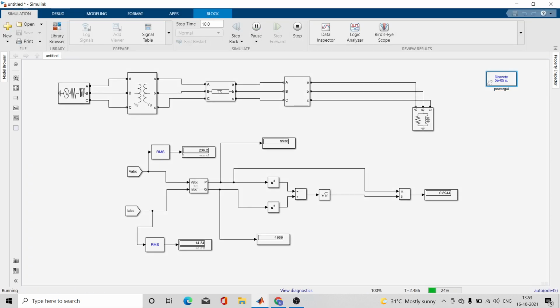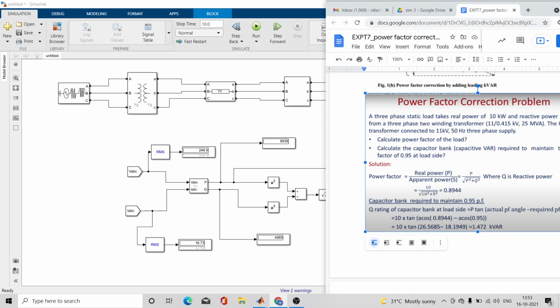So here, as you can see, you have the power factor at 0.8944, right? In the first case you have the power factor at 0.8944, and we have to improve it to 0.95, and we have calculated that for that you need a capacitor bank which is connected across the load, and the rating of that capacitor should be 1.472 kVAR.